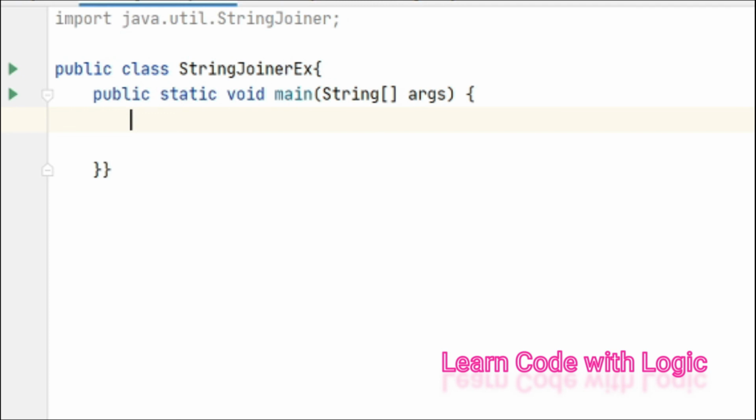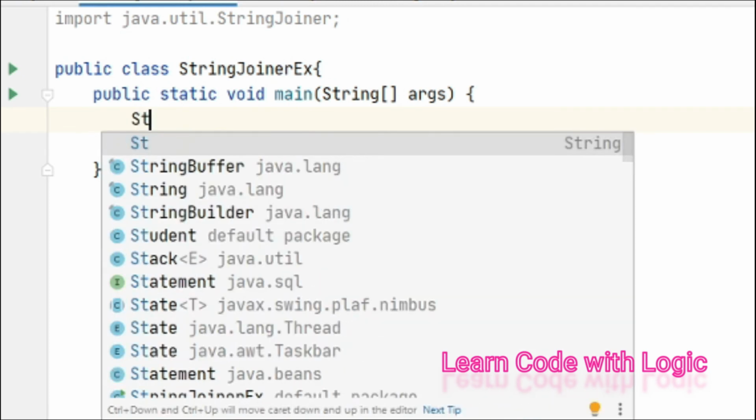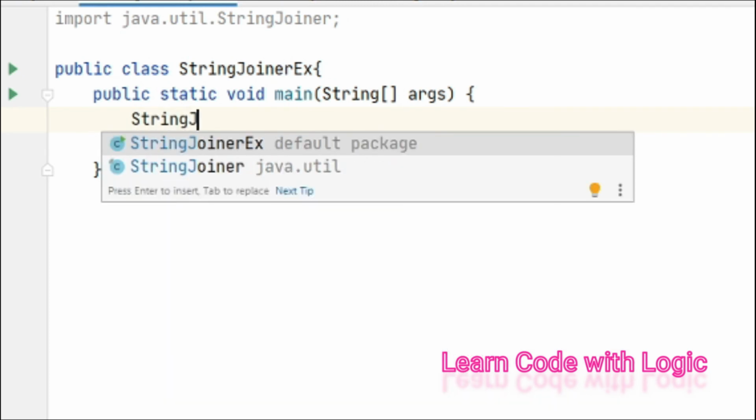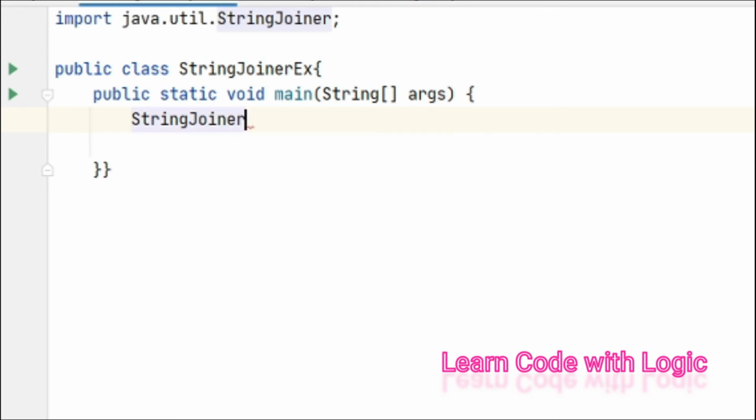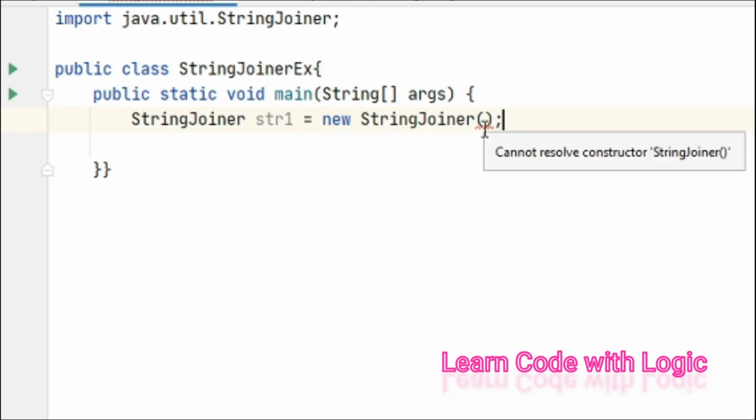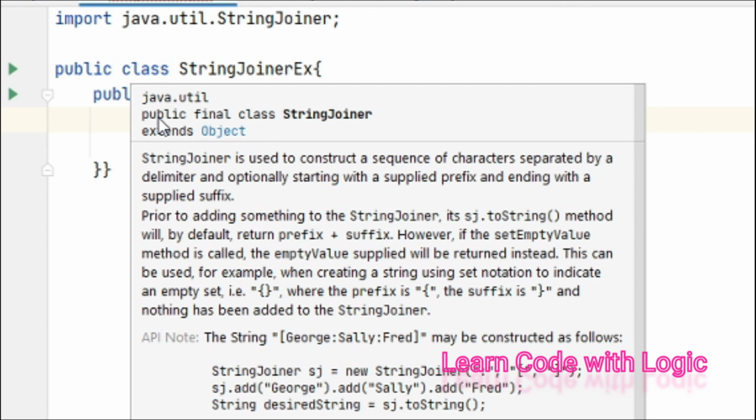Like any other class, we need to create an object first, right? For the StringJoiner, str1 equals new StringJoiner. This is the regular way of creating or initializing an object. But here you can see it's showing that it cannot resolve the constructor. First of all, let's look into the StringJoiner class.